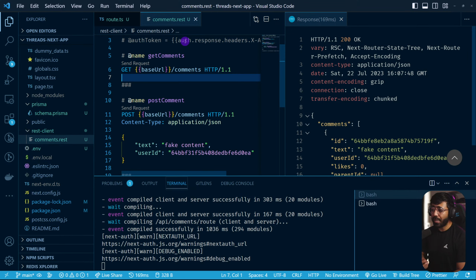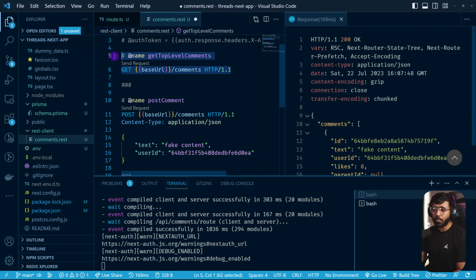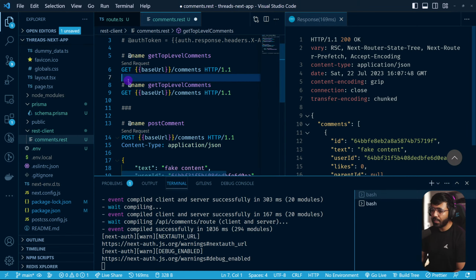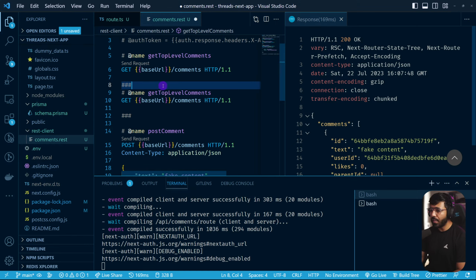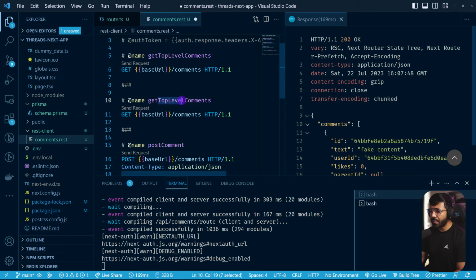So if I wanted to have a nested comment, I could actually get it, but I would have to have two different comments, one top level comments. So get top level comments, and this is just my REST API client. This is not my backend code. This is like using Postman or something. So I'm gonna add another one, and in here I'm gonna add something like, hey, this is gonna be nested comments,